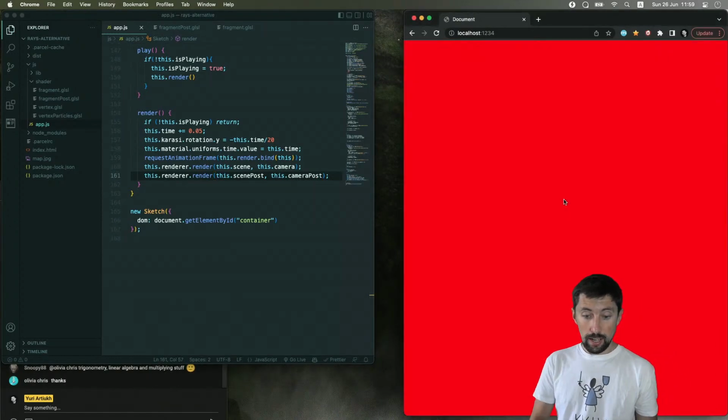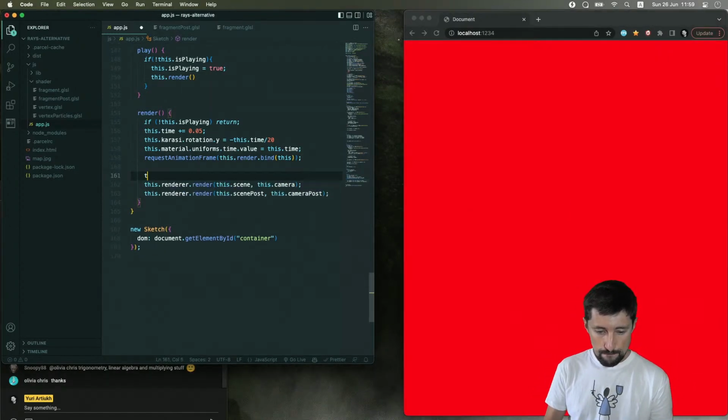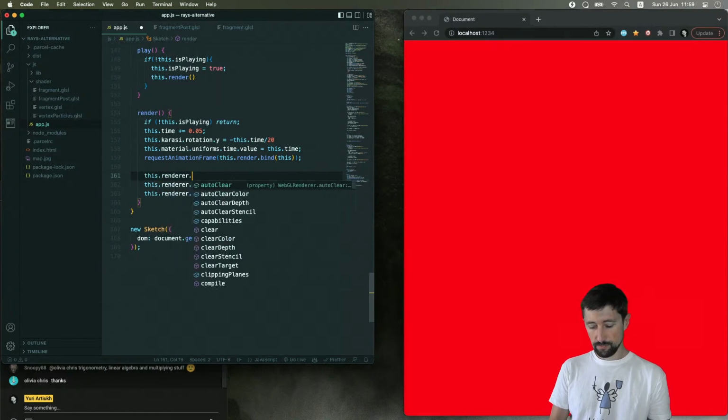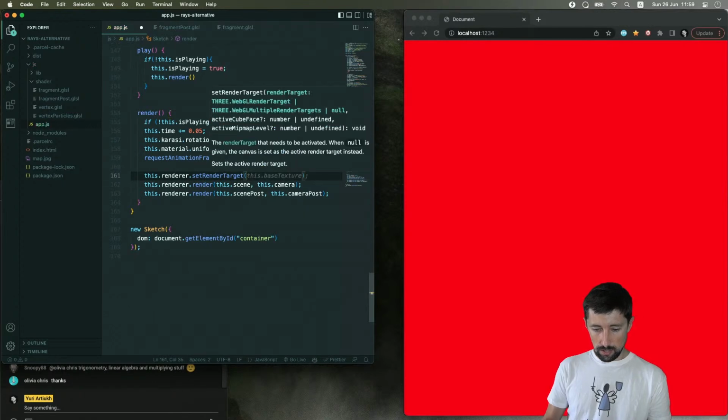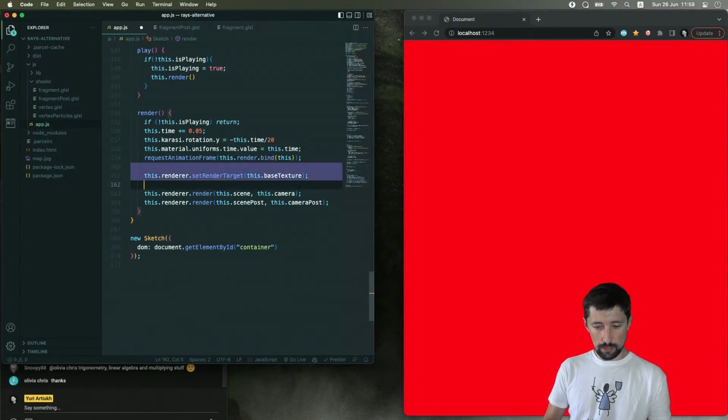It's working. Then renderer, set render target. Yes, this base texture. Thanks. And then